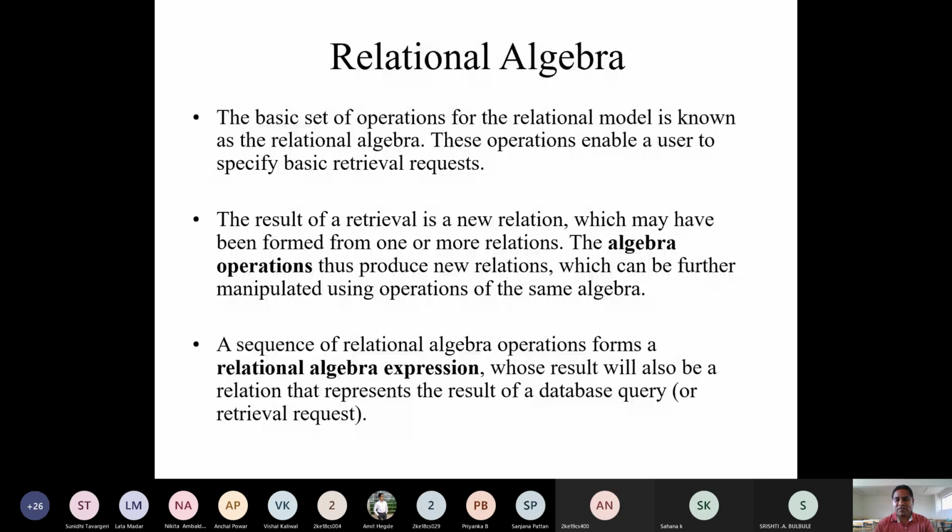The sequence of relational algebra operations forms a relational algebra expression whose result will also be a relation that represents the result of a database query or a retrieval query. I think I have confused you a lot. What is algebra? Why do we start talking about only algebra, or why mathematics?